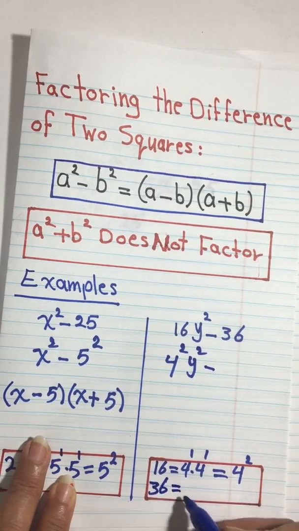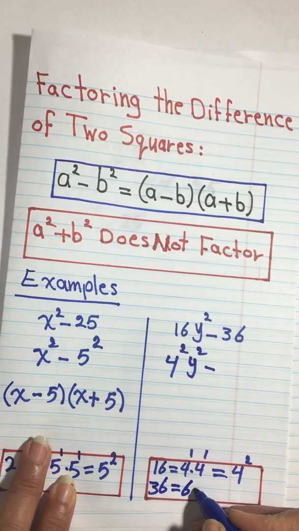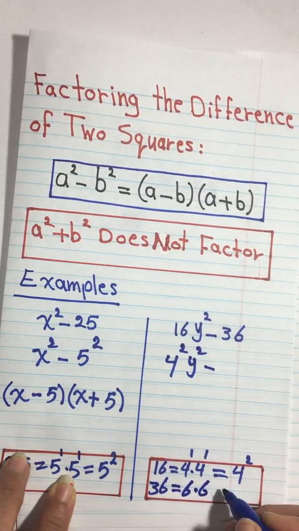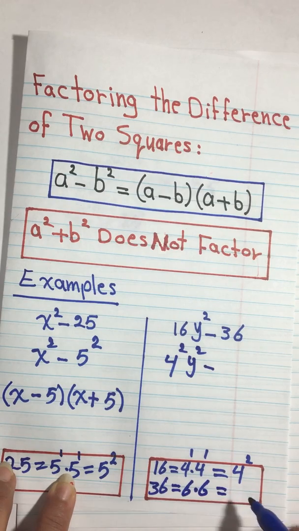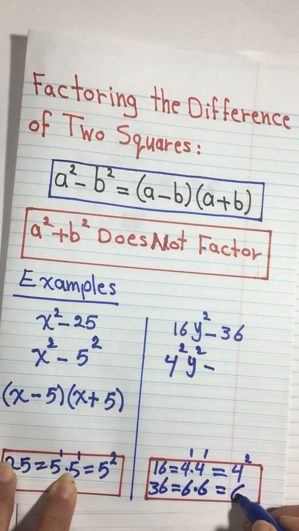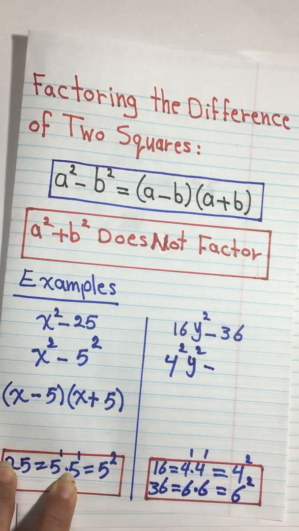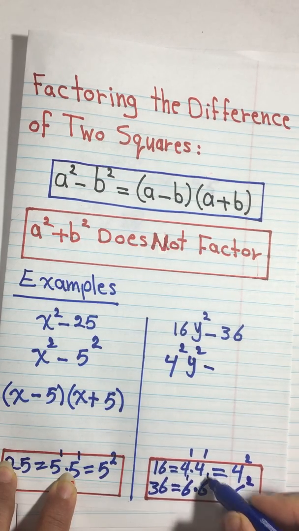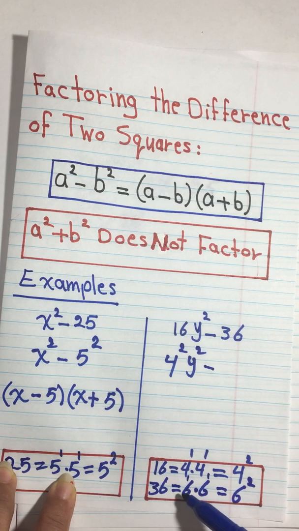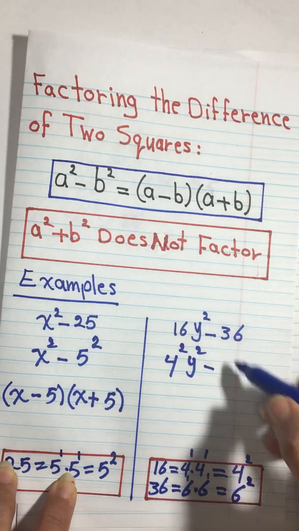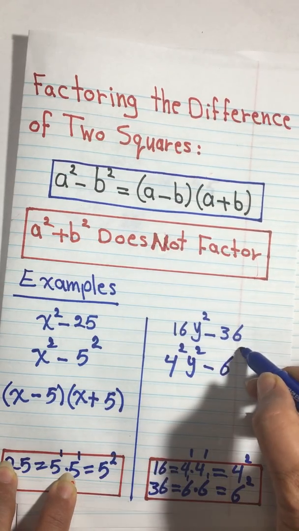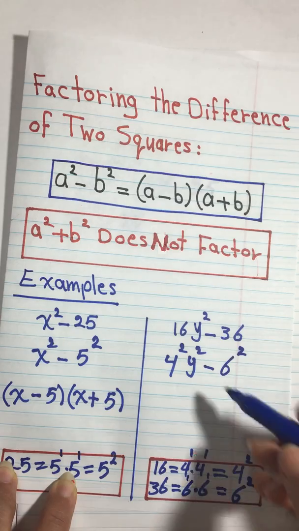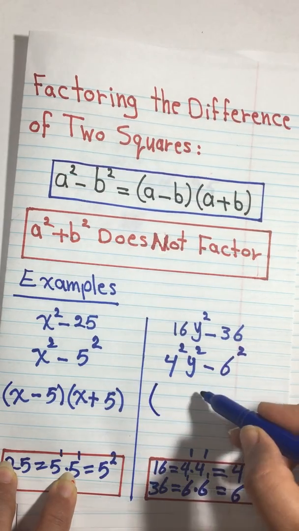36 equals 6 times 6, which equals 6 squared. The power for this 6 is 1, and the power for the other 6 is 1. When I multiply the same bases, keep the base and add up the powers. 1 plus 1 equals 2. So 36 equals 6 squared. Now when I factor them,